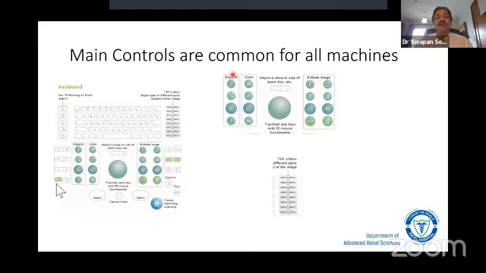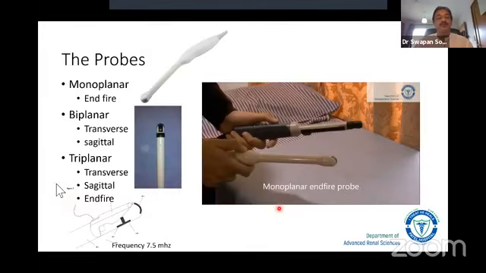and on the other side you will have the color Doppler with these various measurements and all. We'll not be going into the details of the color Doppler, but I will be going into details of the image optimization over there. A third portion of the console is what is known as the TGC sliders. There's a bunch of sliders, between 8 to 10 in number, which are usually there in one portion of the console. These are called the time gain compensation sliders, and we'll talk about them subsequently and how to optimize the image using these things.